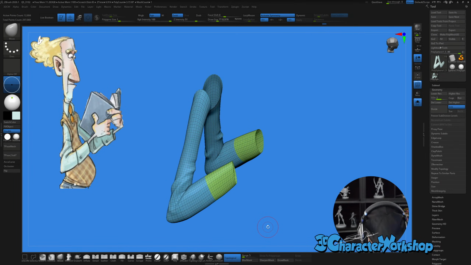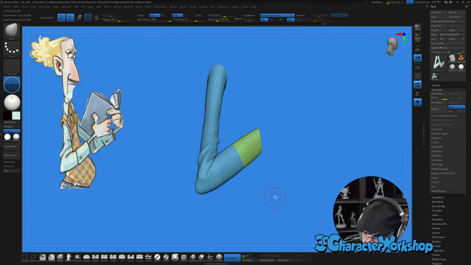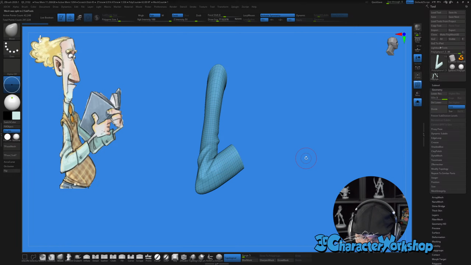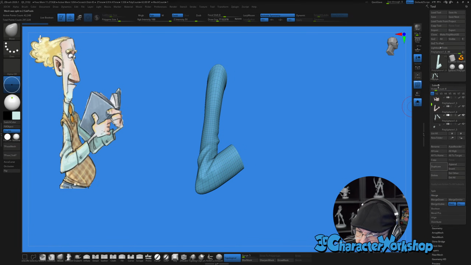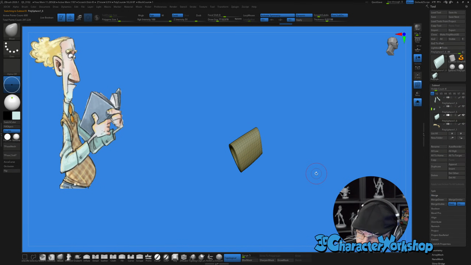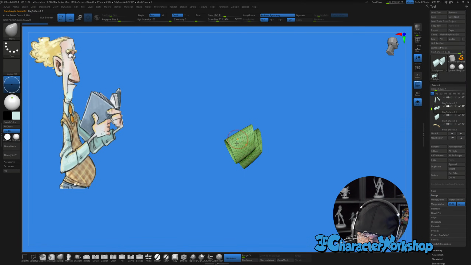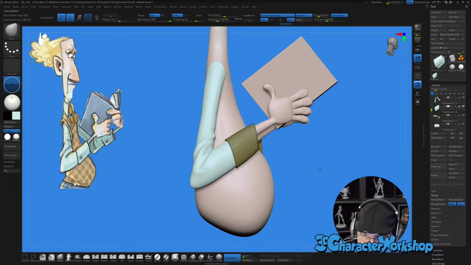Okay, so now that I have these two groups, I can do split groups and it'll keep the subdivisions. So you go group split and then say okay and see how it goes away. But now it made a new group with just those ends. Gotta find them right there. Nope, that's the little sleeves. I guess I could have used these as the sleeves, but anyway, we can go ahead and delete these. Turn solo off, and there you go.